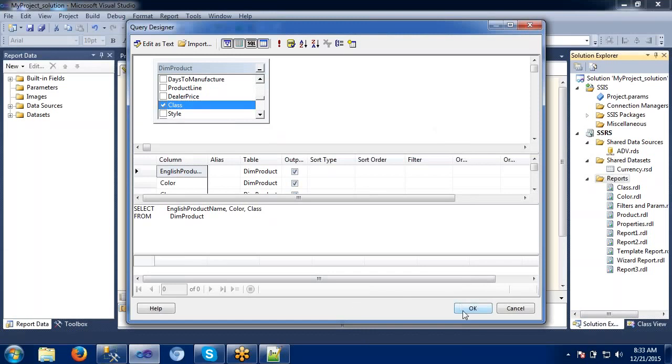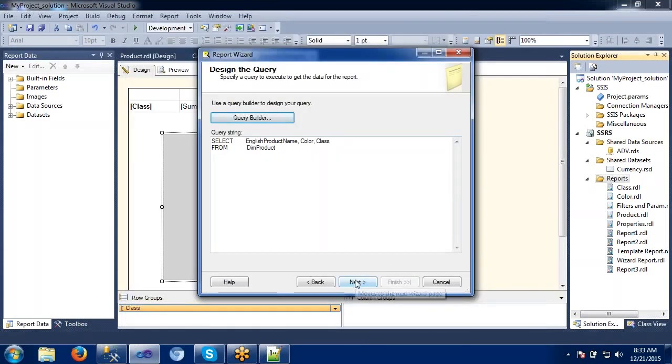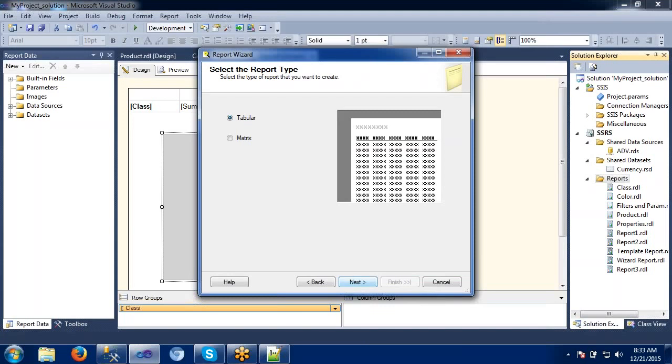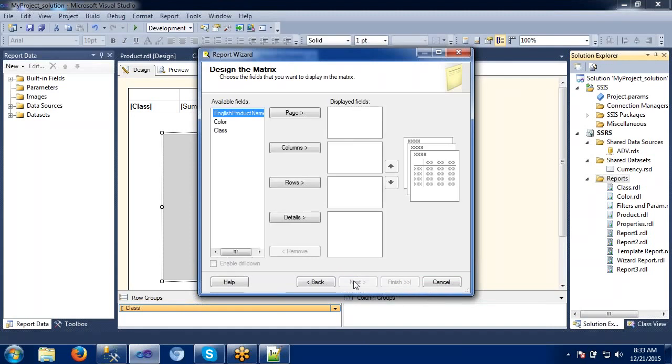Just to have some understanding here. Next, I will take it as a tabular only or matrix, anything is fine for me. Under the rows I will take class. Columns I will take like this one.